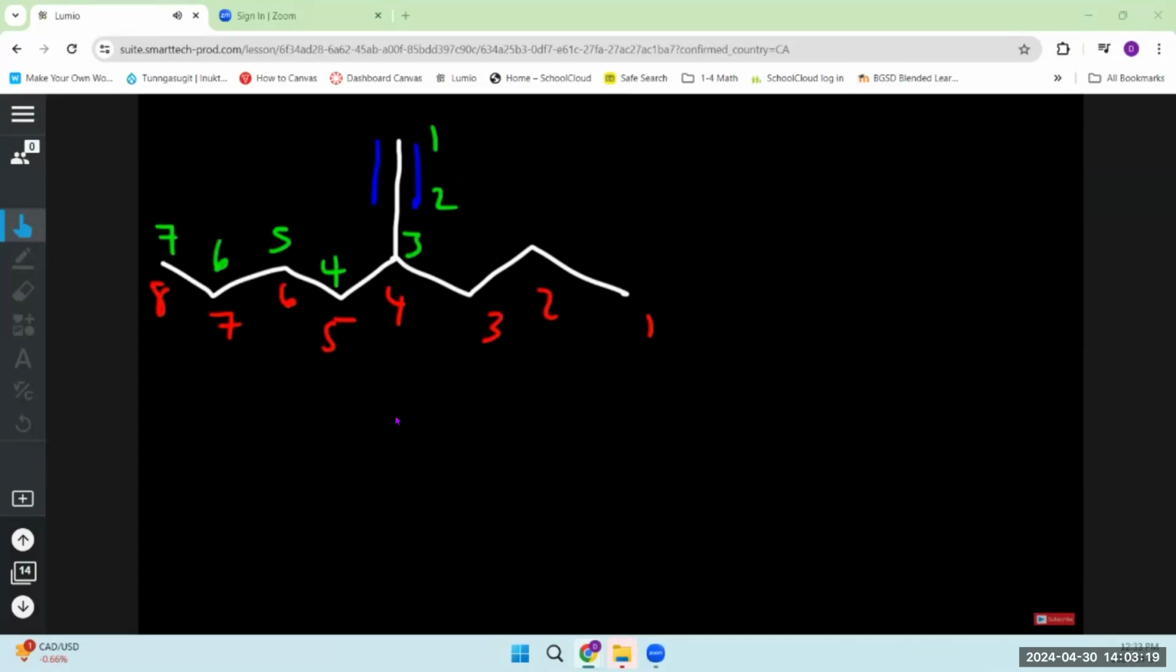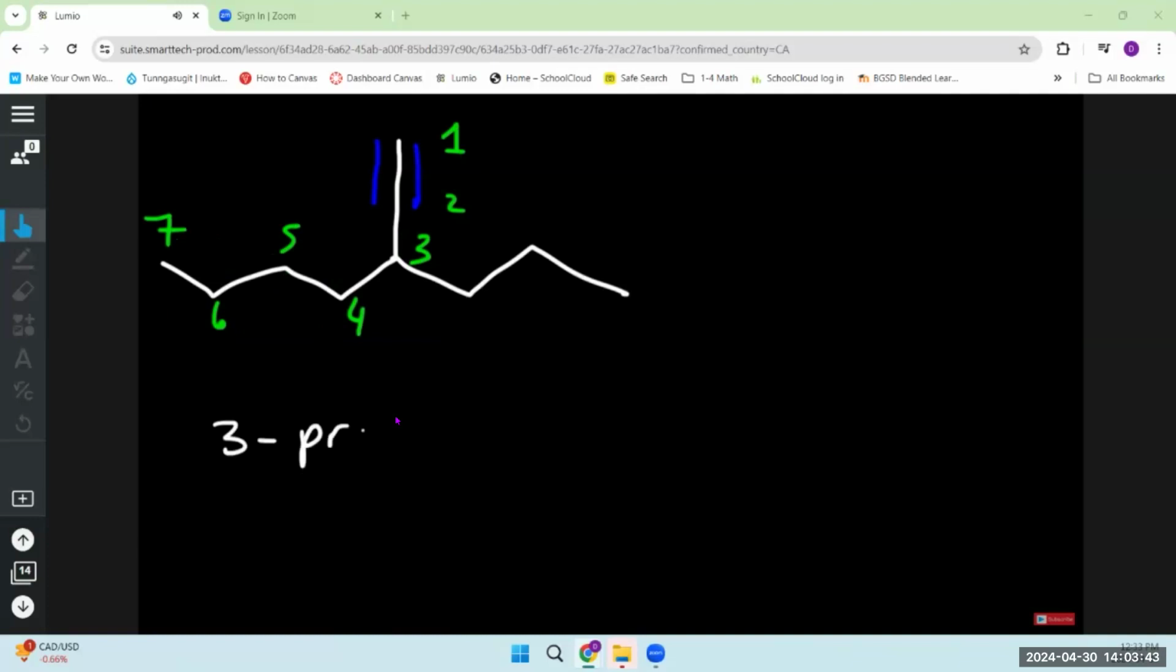When you count the longest chain, it has to include the alkyne functional group. So we need to use the numbers in green. So this is carbon 1, 2, 3, 4, 5, 6, and 7. Now we have a propyl group on carbon 3. So this is going to be called 3-propyl-1-heptyne, since we have a 7-carbon chain with the alkyne functional group, and the triple bond is at